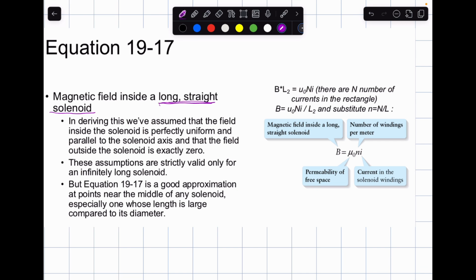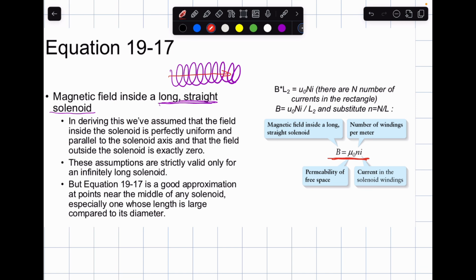I know the words long and straight are here, but what they mean is a really long solenoid that isn't crooked, okay? So the magnetic field inside of a long, straight solenoid, we know points like this. And this is its formula, okay? So notice that there's no 2 pi r here, right? It's simply mu naught times n